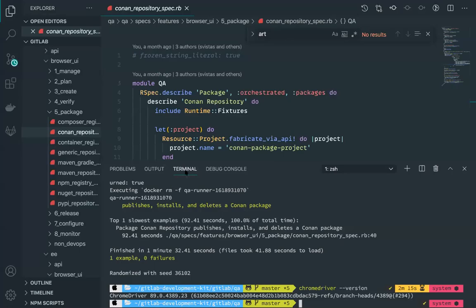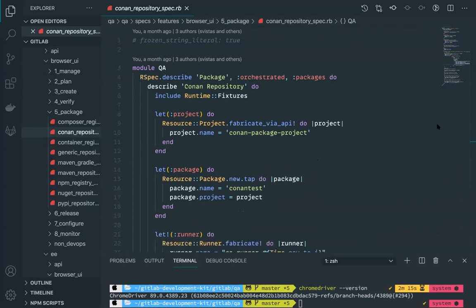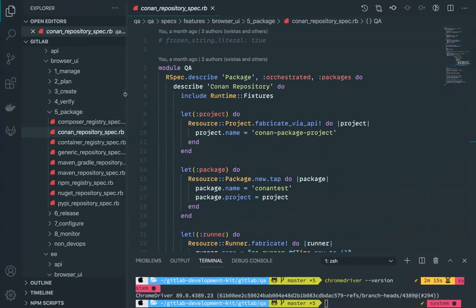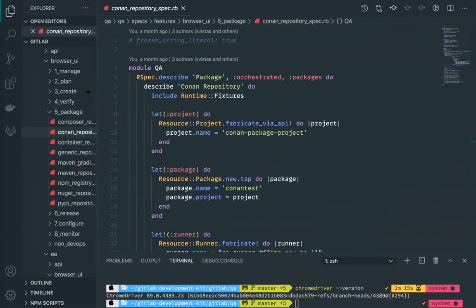So let me share. Okay. Actually, I have this very zoomed. I hope, can you see? Yeah, I can see fine. You can probably even zoom out if you want. Okay, so